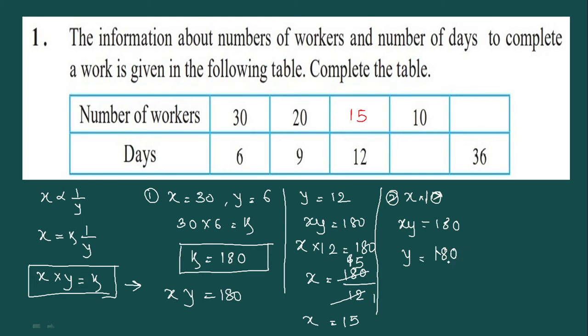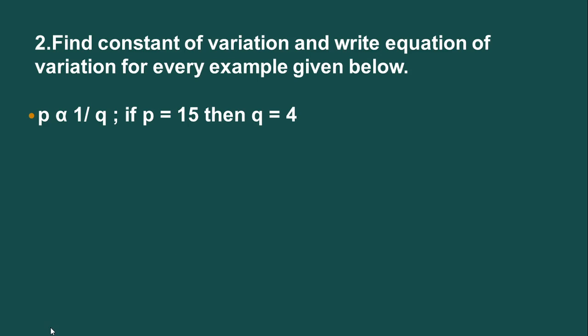So it will be 180 divided by 10. So y will be definitely 18. So just insert that value. Y will be 18. So if 10 workers are working, then the days required will be 18. Children, you can easily see, like more workers, less days. As the number of workers decrease, the number of days required is going to increase. Now this, when y is 36, this you will solve. Okay, let's see, easy it is, and after the explanation, I hope everyone will be able to solve this.